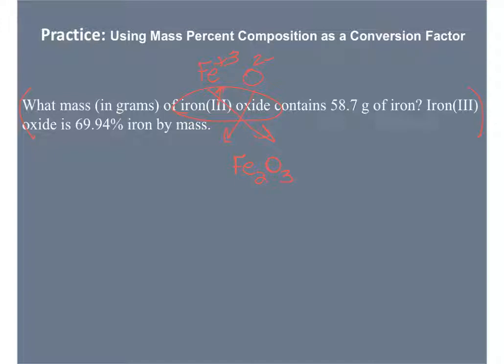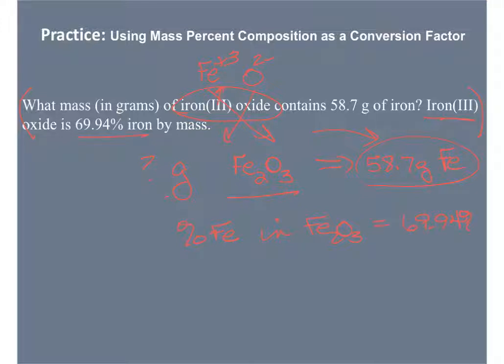Okay, so it's asking for the grams or the mass of iron 3 oxide that contains 58.7 grams of iron. And that's a legitimate question because when they mine oxides to get the metals out, that's exactly the type of question they'll ask themselves. All right, and then it goes on to give you the percent iron by mass in iron 3 oxide. So they're saying the percent iron in iron 3 oxide is